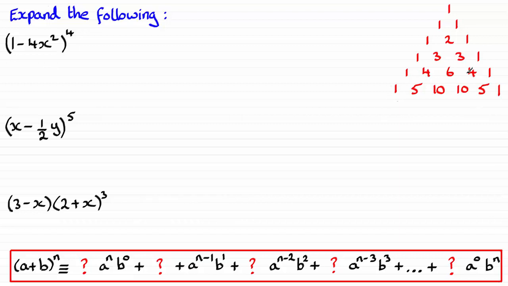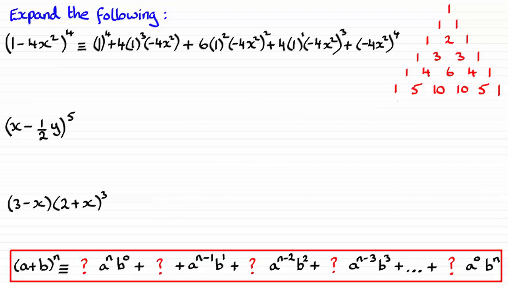And so you should find you get this result. Those coefficients would be a 1, which is really here, okay? We've got the 4, we've got the 6, we've got the 4, and we've also got another 1 there. Then you'll notice that the a value, 1 in this case, goes down in descending powers from 1 to the power 4, 1 cubed, 1 squared, 1 to the power 1. It would be 1 to the power 0, but I've decided to leave that out because it's going to be